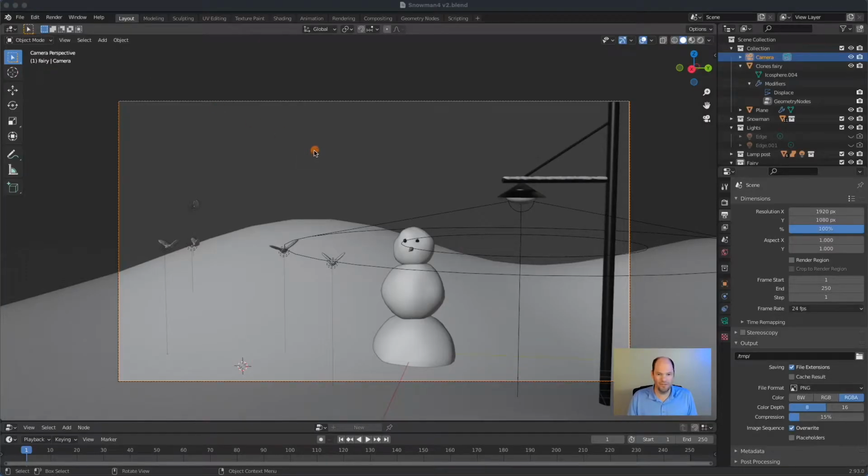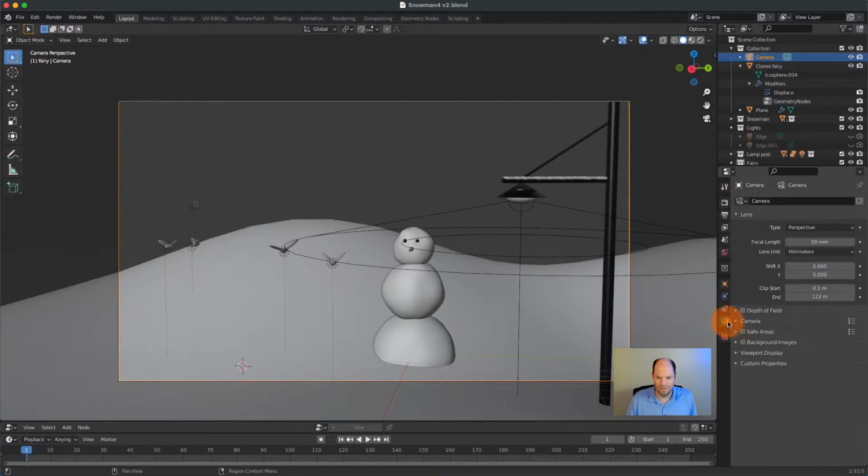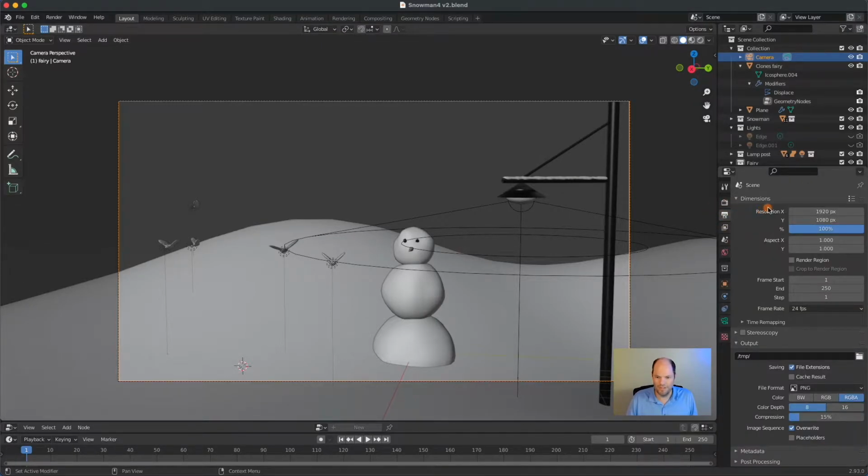And to change the resolution, make sure we have the camera selected, because it's going to be easier to see what's going on. If we click on this output, so this is render, this is camera, and this here with the printer coming out, that's output properties. And when we click on there, we can see the resolution that it gives us, 1920 by 1080, and that's what 1080p resolution is. And so what's happening is along the Y there's actually 1080 pixels, and along the X there's 1920 pixels. So if we want to increase this to 4K, 4K is 3840, so that's going to be along here